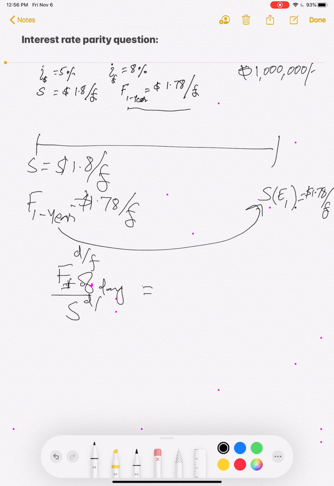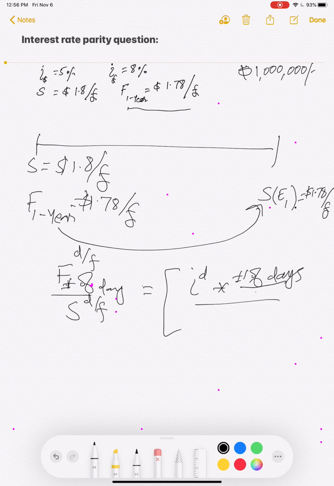You can also say D and F, D for domestic currency and F for foreign currency. And on the right hand side, the equation should be the interest rate in the domestic country multiplied by the number of days, divided by 360,